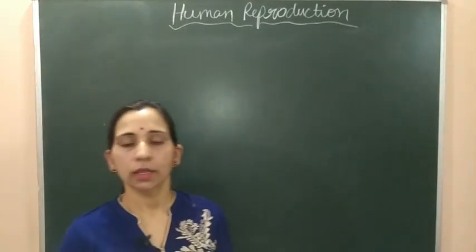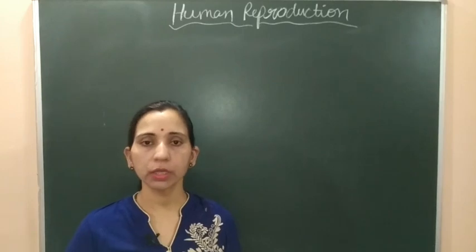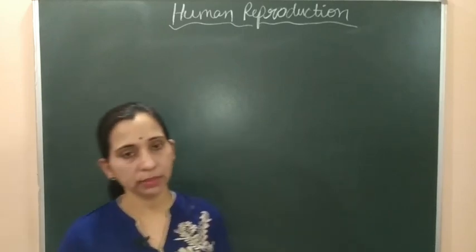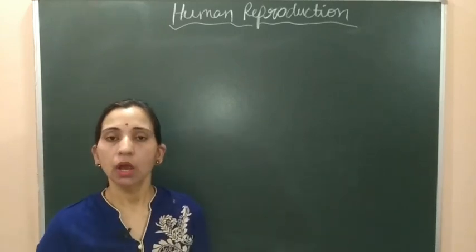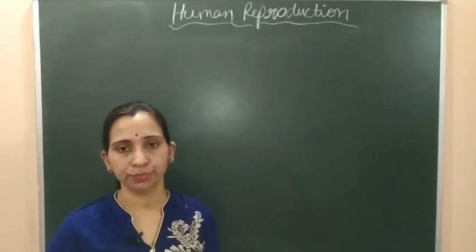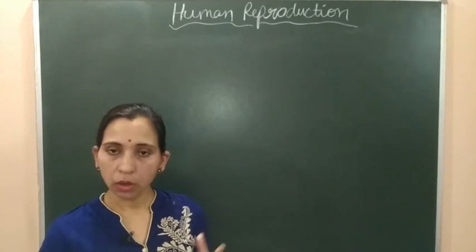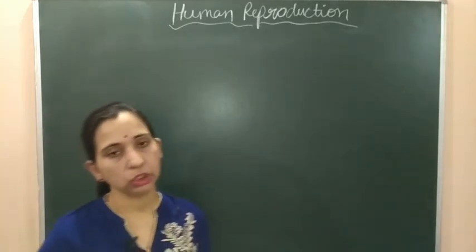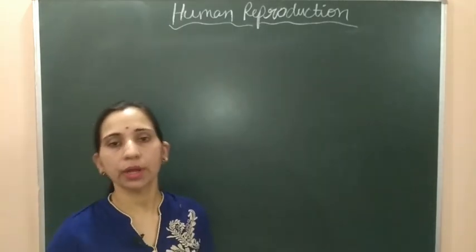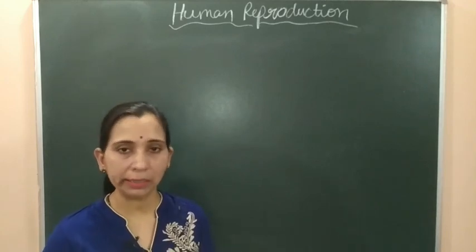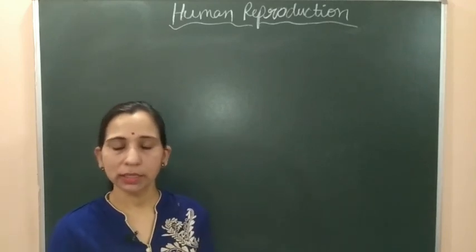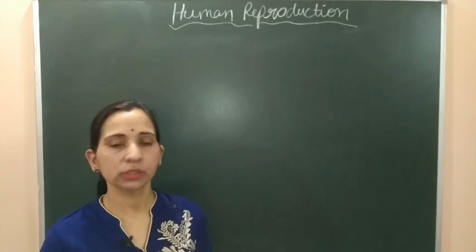Hello students, in this video we will discuss organogenesis. Organogenesis is the process of formation of different organ systems through the three germ layers of the gastrula. We already studied fertilization, and then after fertilization how the zygote gets implanted in the form of blastula. It gets implanted, then it is converted to the gastrula.